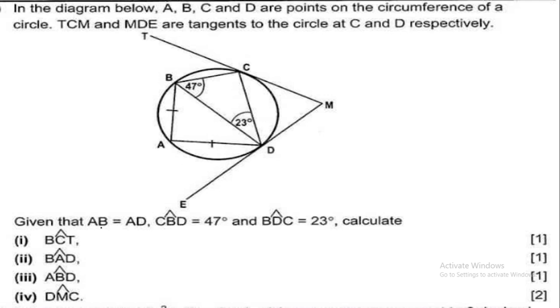Given that AB is equal to AD, CBD is 47 degrees and BDC is 23 degrees. Calculate